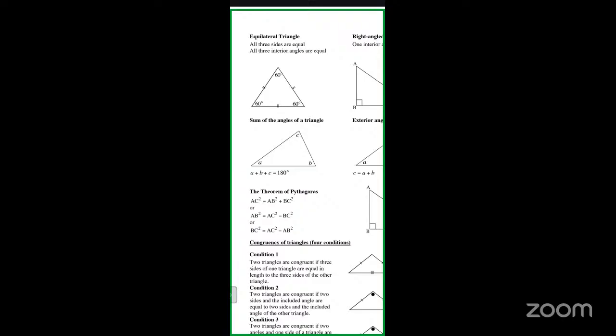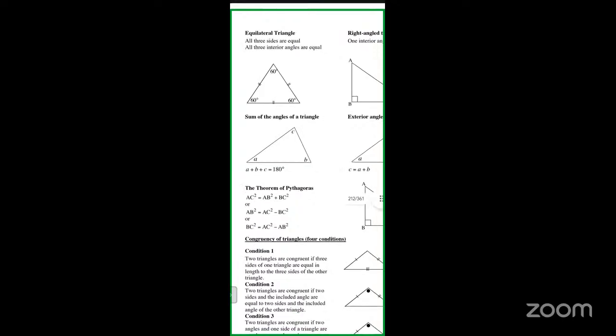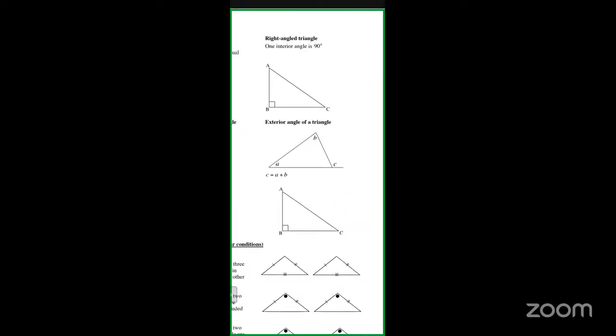Reason being, the sum of interior angles of a triangle add up to 180 degrees. That's what you need to know. It's very, very important. Then we come to this one, whereby we can see we have this triangle, and then